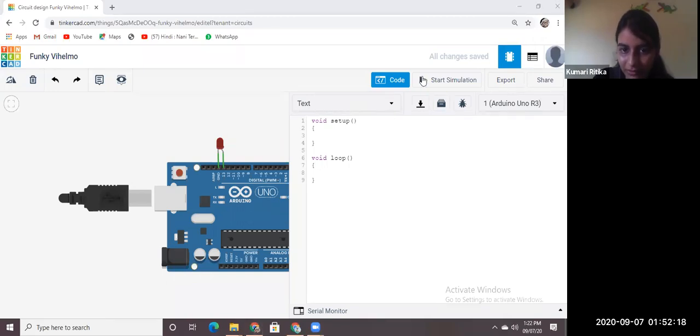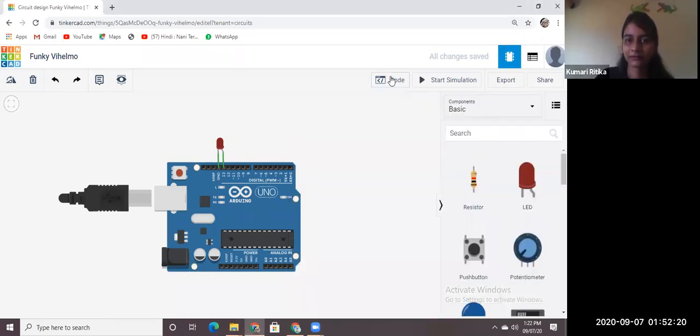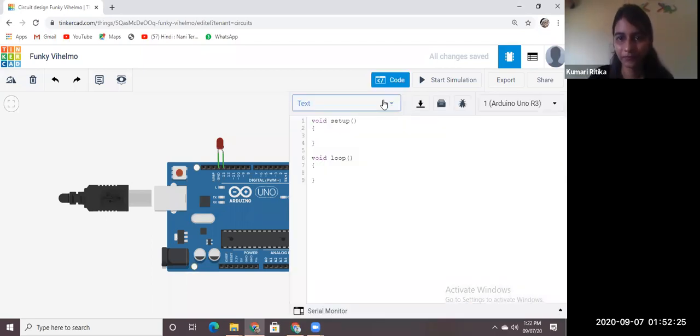Okay, do it fast. Code and then text. Those who are raising hand, just write your query in the chat box. Okay, I'll explain.